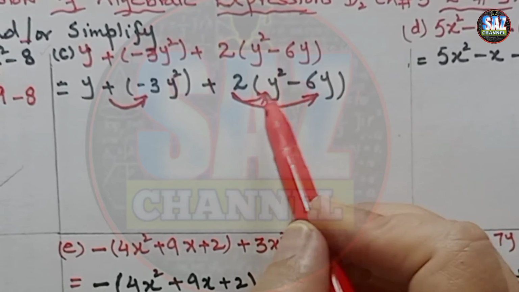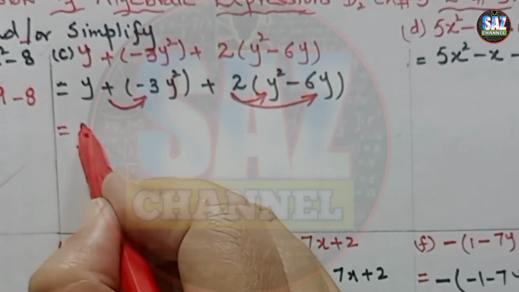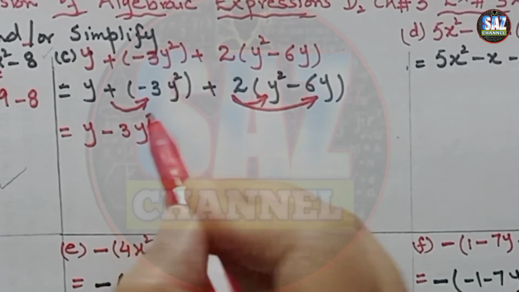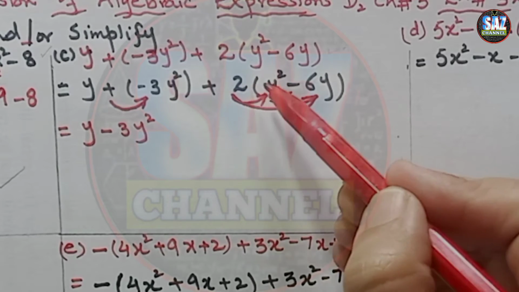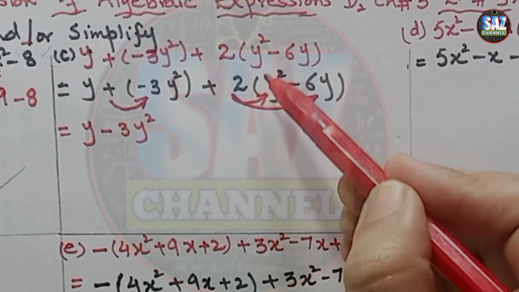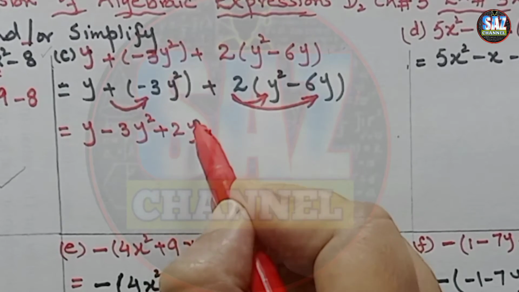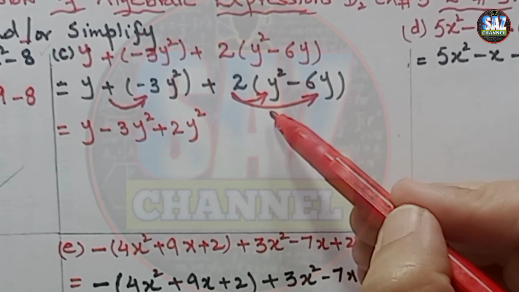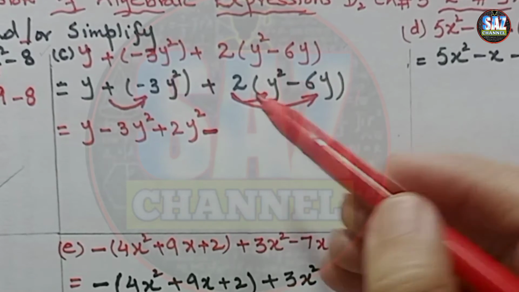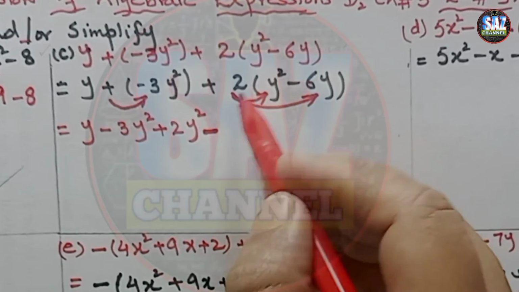Whatever is inside the bracket has to be taken as one package. Now the question will take the form y, when plus will be multiplied by minus, this will become minus 3y square. Now 2, and here this 2 has to be multiplied by y square. Y has the coefficient 1 because we cannot see anything written here. So when 2 will be multiplied by 1, it will become plus 2y square. And then when 2 will be multiplied by minus 6y, plus multiplied by minus will give me minus, and the coefficients which are in the beginning of the variable will be multiplied by the numbers. 2 times 6 is